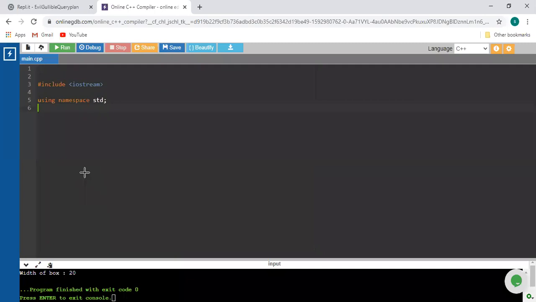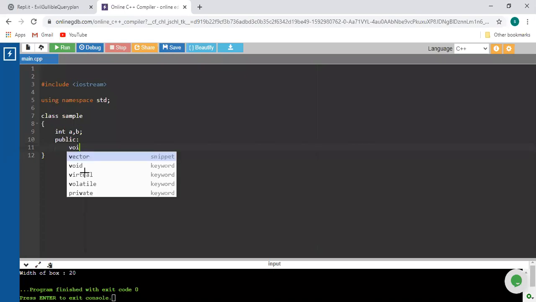Okay, suppose I will just use a simple class as a sample, and inside that I'm using two different private variables, integers a and b. Inside the public section I will use two different methods.